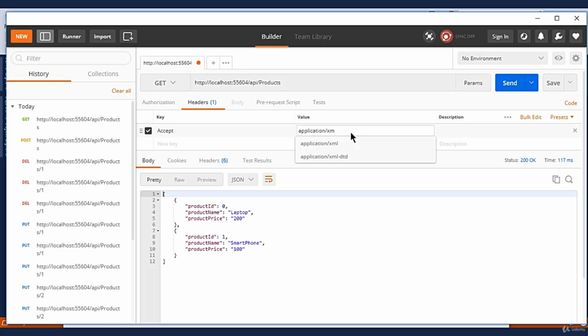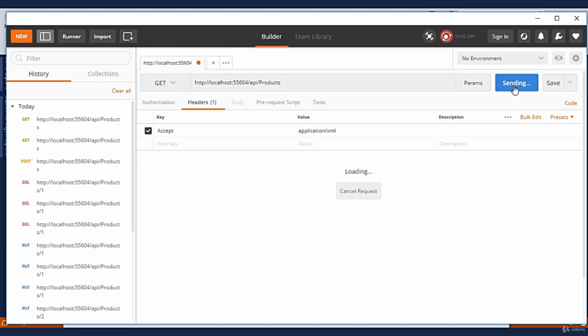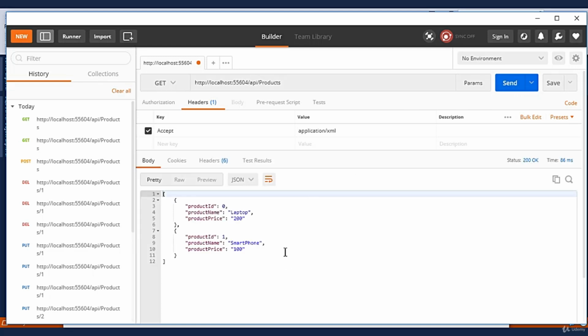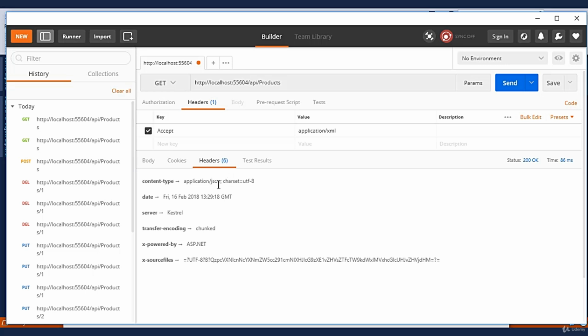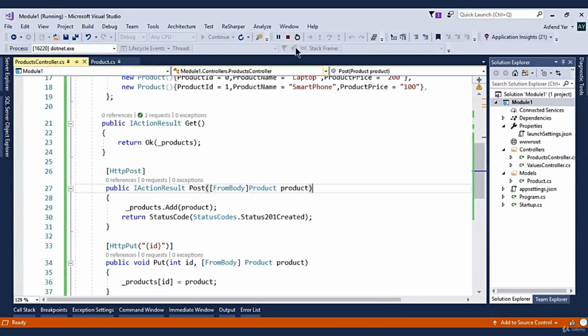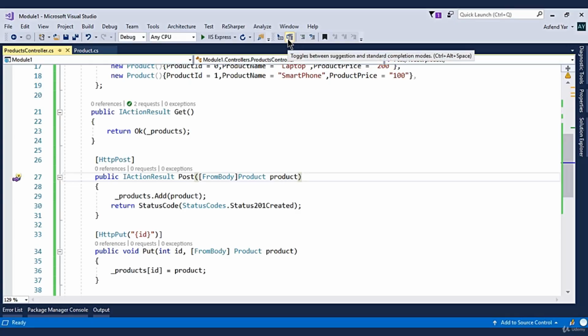However, if you want to return the data in XML format, then you just need to specify the accept header value to application/XML. But instead of getting the data in XML format, we are still getting the data in JSON. Well, that's because in ASP.NET Core Web API, we will get only JSON response. But if you want to return the data in XML format, then you just need to specify it in your ASP.NET Core Web API project. So what I'm gonna do is, I'll simply switch back to Visual Studio and